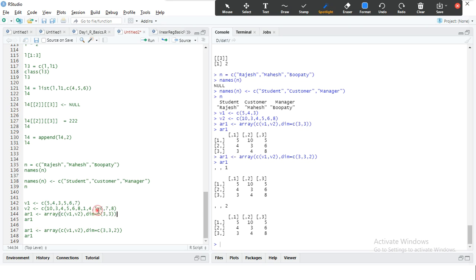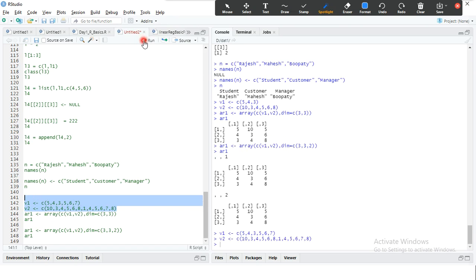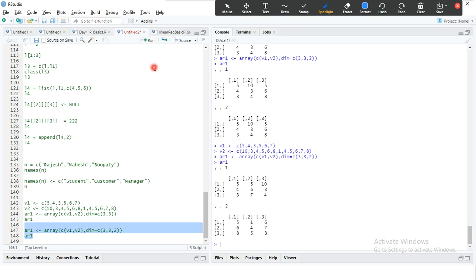If I create this one, 5, 4, 3 and 5, 6, 7, right? The first vector, and then 10, 3, 4. Remaining values are coming like 5, 6, 8, 1, 4, 5 and 6, 7, 8, right? So 3 cross 3, two times it prints, right? So 2 dimensional, that is what this is called, your multi-dimensional.